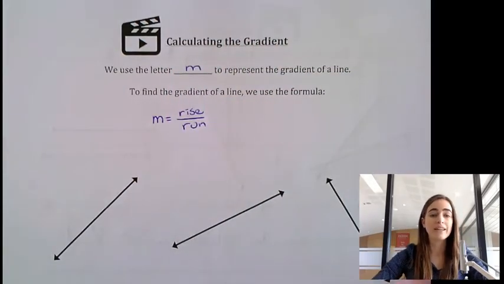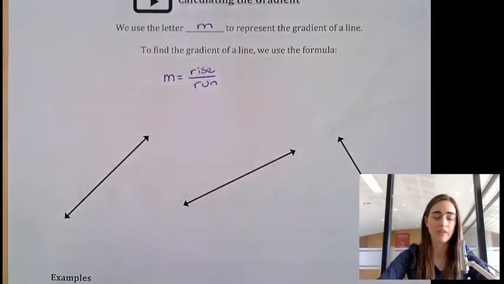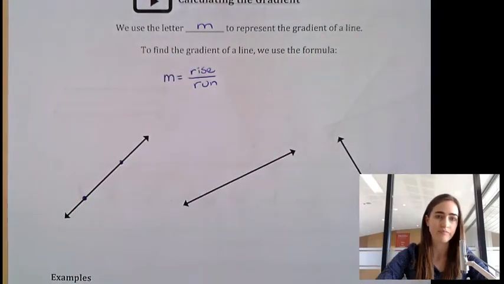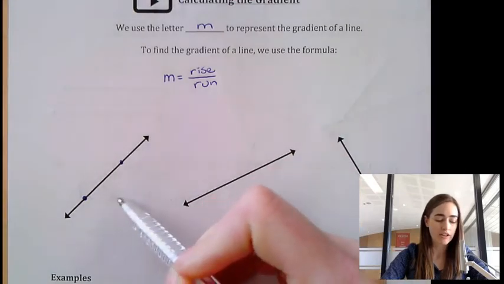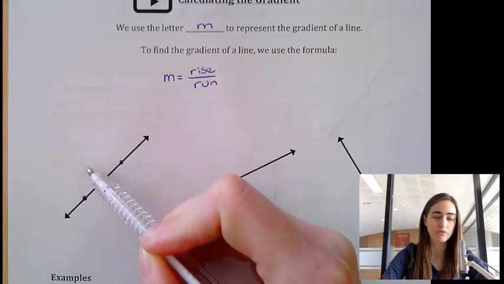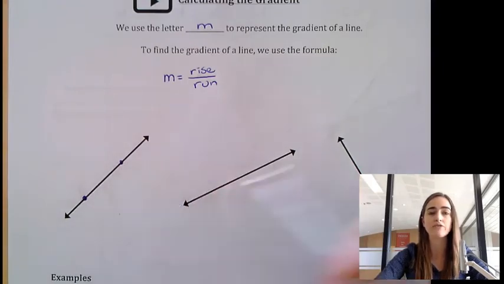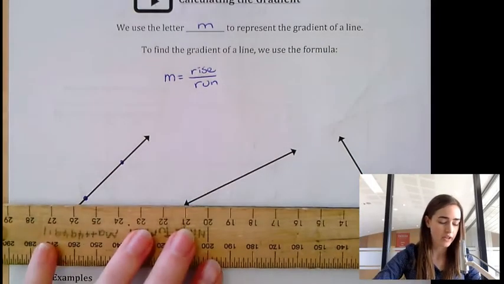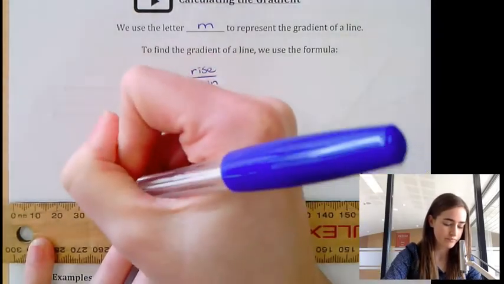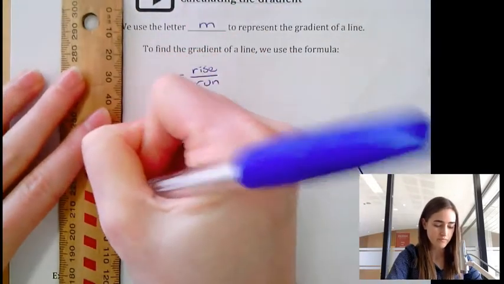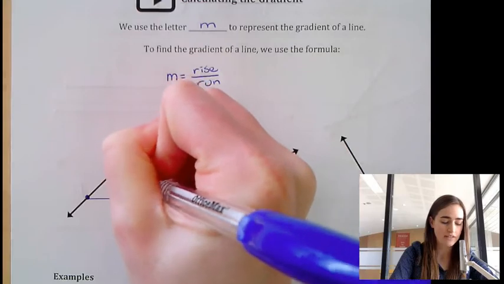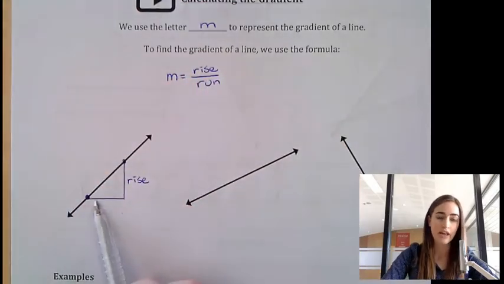Now what that means is if we have a line here, if we have 2 points on that line, say here and here, then we can draw a right-angled triangle between them to figure out how far up we've moved and how far across we've moved to get from one point to the other. So if we draw in a right-angled triangle, then the length of this side of the triangle would be our rise, and the length of that horizontal side